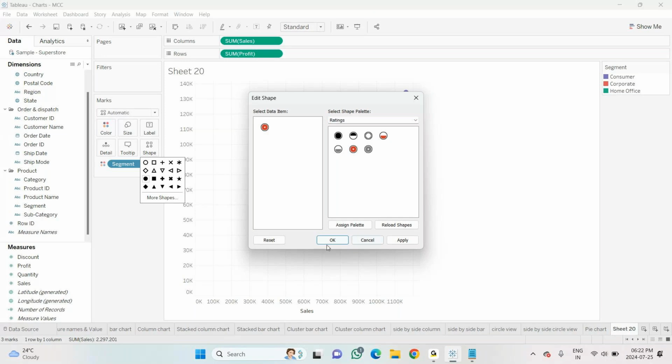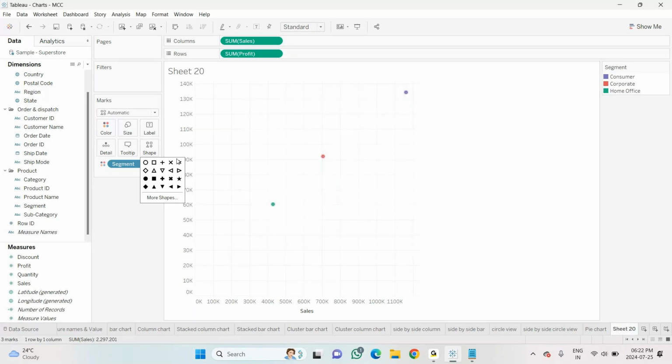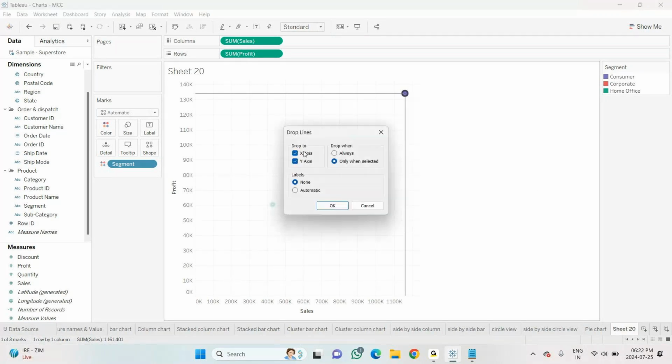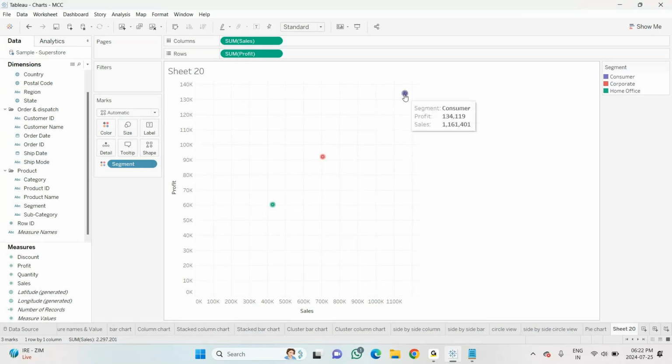I'll click on this. Okay, now see, this is the one. I'll just increase the size so you can see. So rating kind of things, some dots only. Now drop lines. In this drop lines, now you will have two drop lines. Edit drop lines. See, you have x-axis, y-axis. If I don't want to see y-axis, only x-axis. So as soon as I click here, only y-axis will be shown.